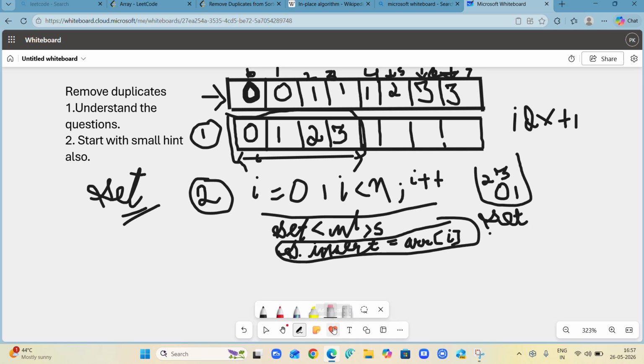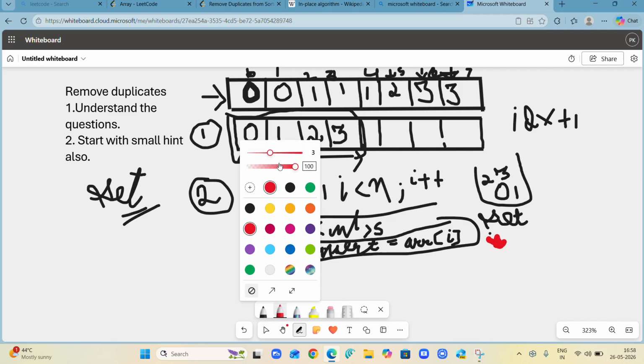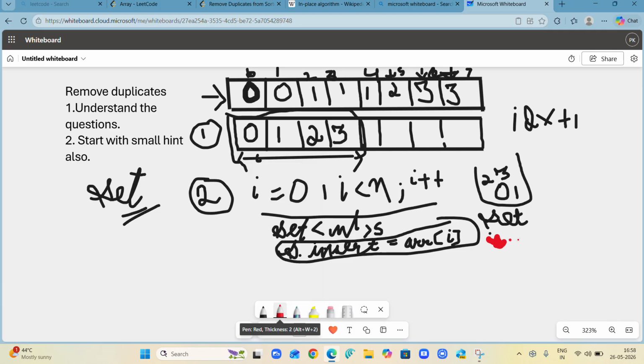Let me use one different pen here. The set is not going to insert in this manner. Set does things in this manner. I have created S. I'm going to write simply, for this, auto x. Iterate it till the end, where you have taken auto x. X stands for every element of the set.